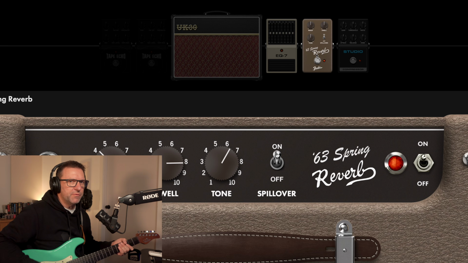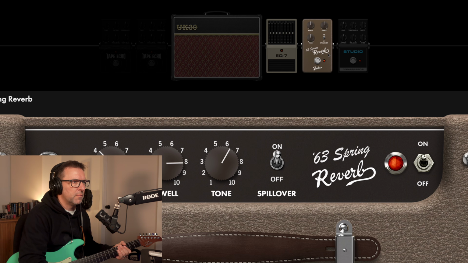Okay, so I've just bypassed those two echoes. I just want to check on the reverb. That's quite loud.